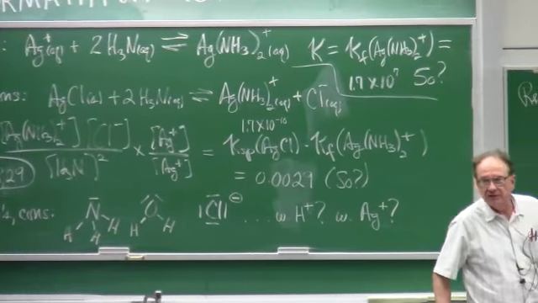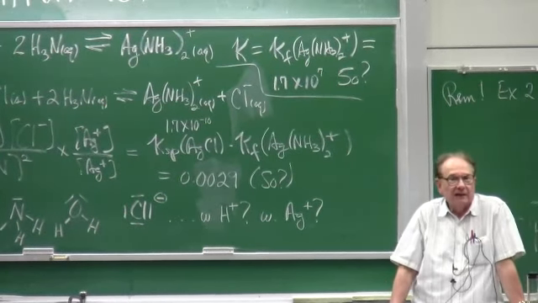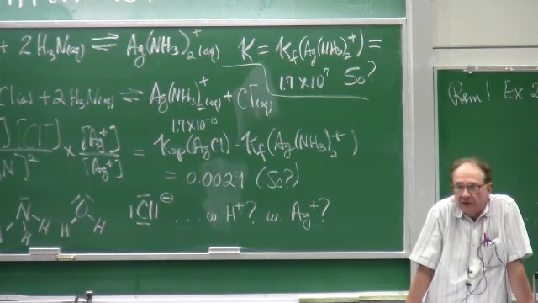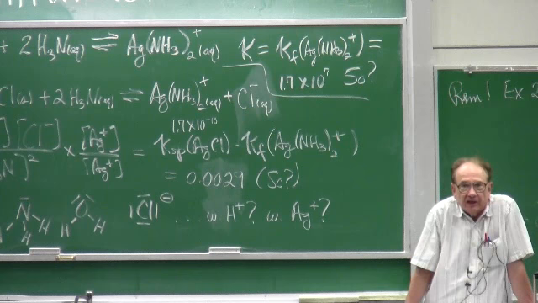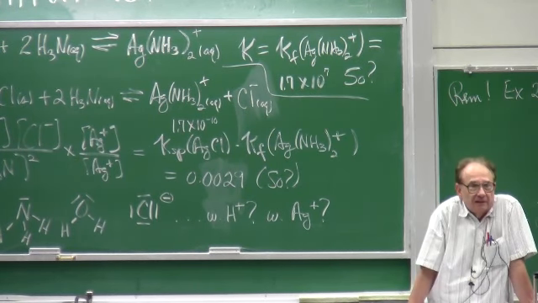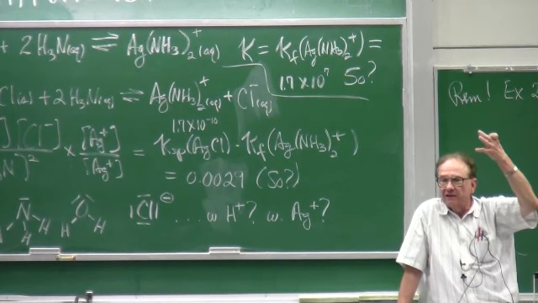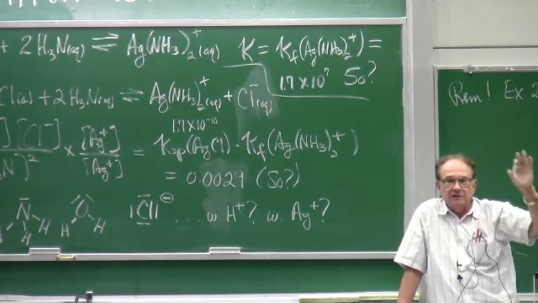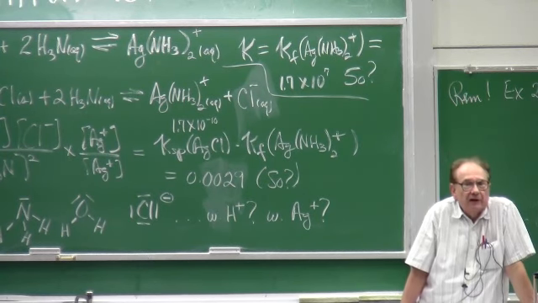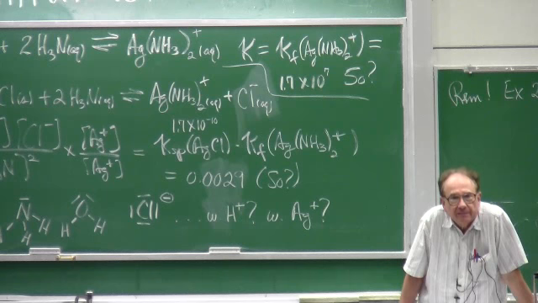Does this number suggest that silver chloride is readily dissolved by treatment with ammonia? Silver chloride readily converts to the silver ammonia complex ion? Does this number suggest that? How many of you in 46L have come to assignment 6? You're going to do this in assignment 6. You are going to make a comparison